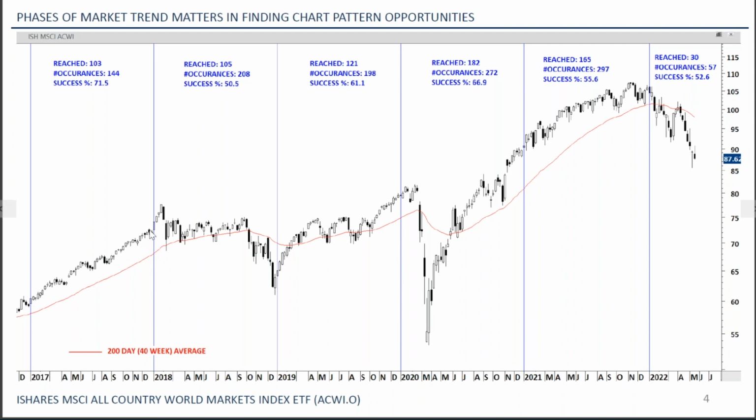rallying to their price targets. So we had 144 breakout opportunities. This was starting from mid-year, the statistics. And out of 144, 103 reached, a 71.5% success rate. Now, this has been a great environment for chart pattern breakouts. Following that, which you're probably seeing a similar